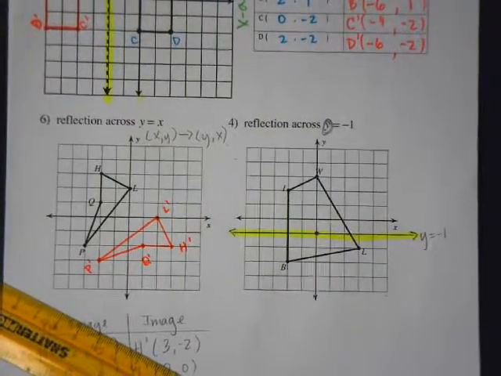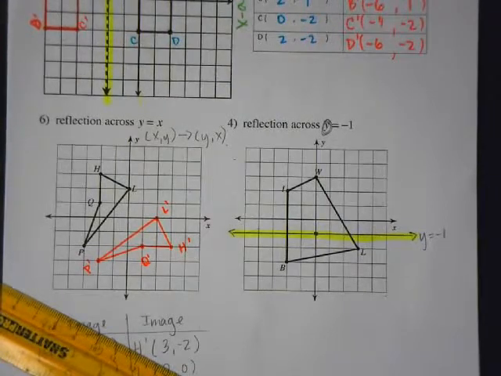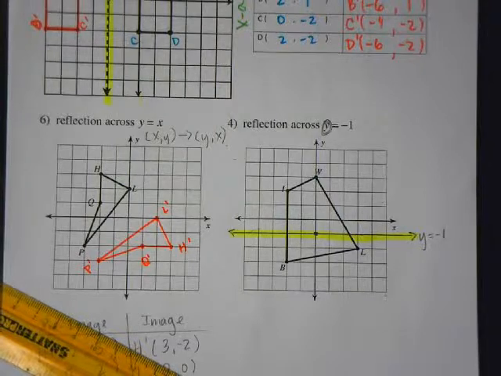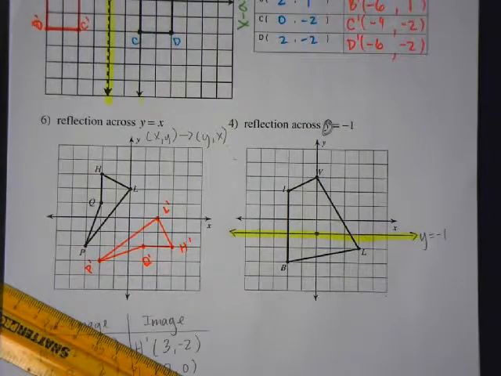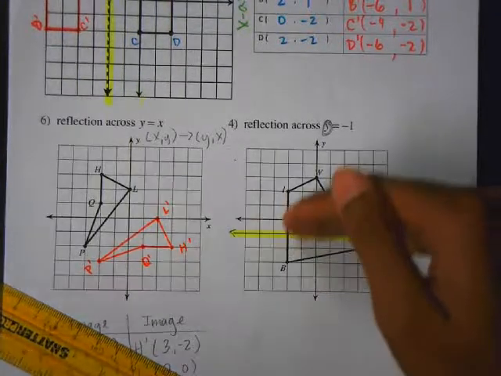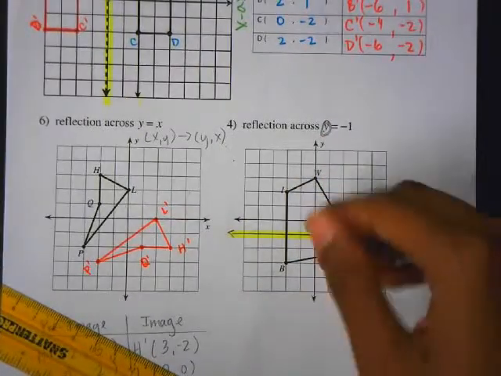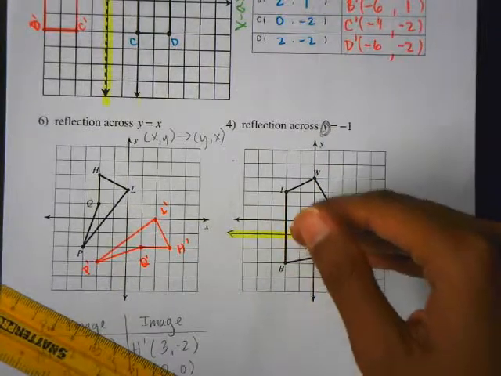Alright, now remember, the line of reflection acts as the line of symmetry for the picture. Anything you see on top, you have to draw on bottom. Anything you see on the bottom, you have to draw on top. So with that being said, this is actually going to be a pretty unique picture because the picture is going to be reflected on top of itself. Okay? So what I'm going to do is I'm just going to start with